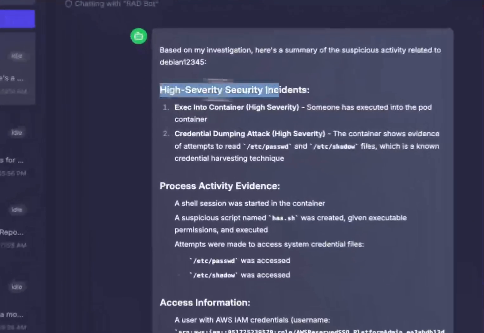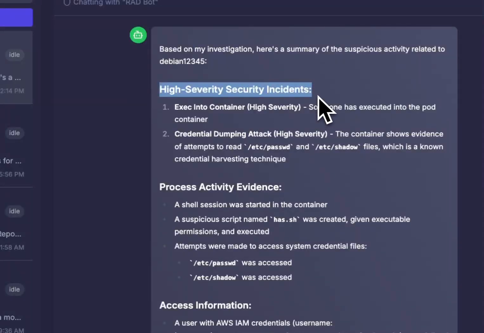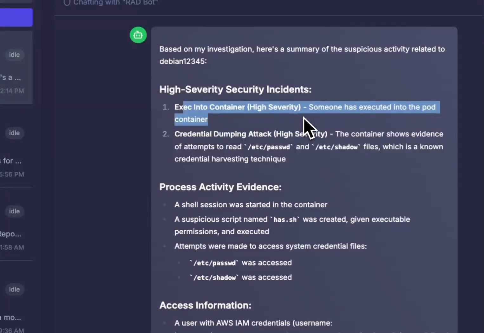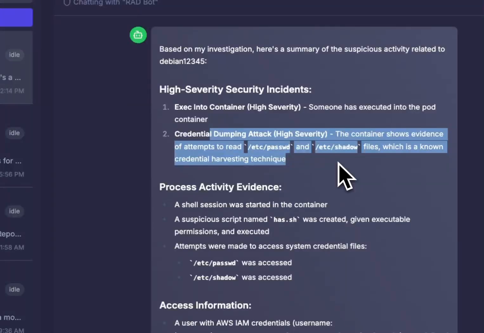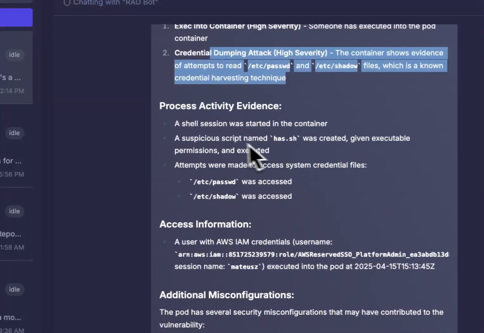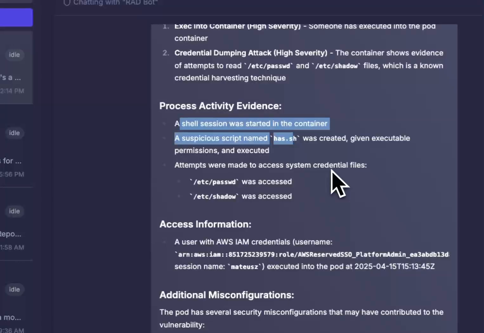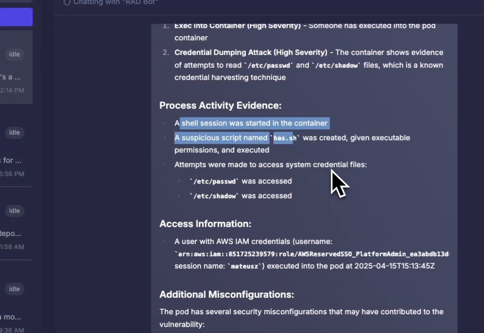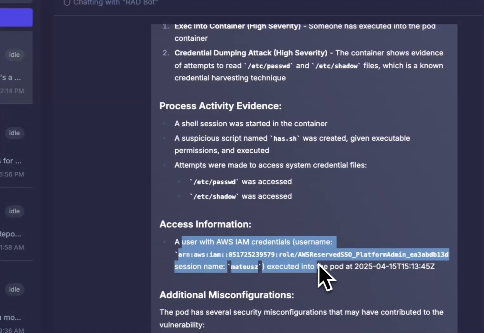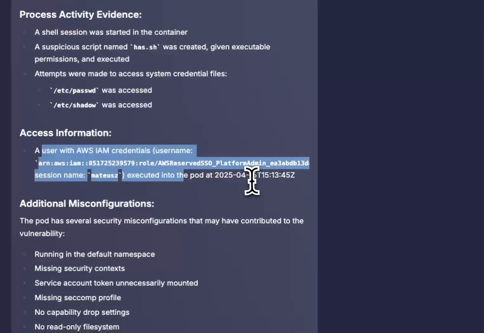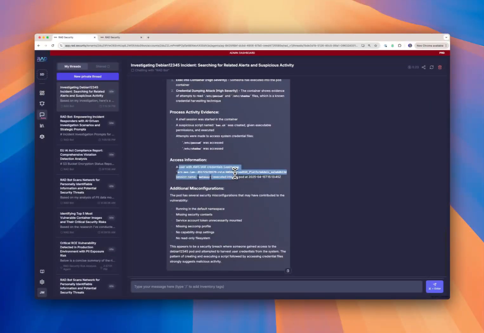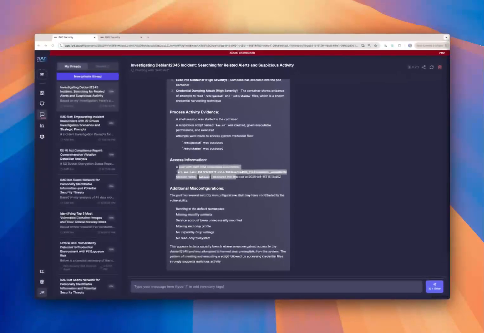Because I asked for other related incidents, we have other high security incidents. Someone has exec'd into one of the pods, and then we have our target credential dumping attack that it pulled in, and you can see the shell session that was part of the process tree as well. There's also a map back to the AWS IAM credentials, or in this case the reserved SSO role, and then we're going to pull in any additional misconfigurations. So this all helps me build the story